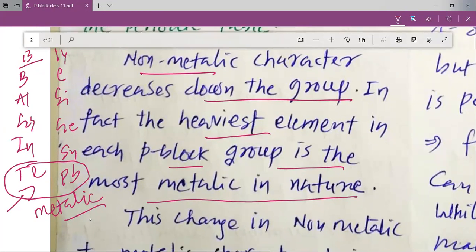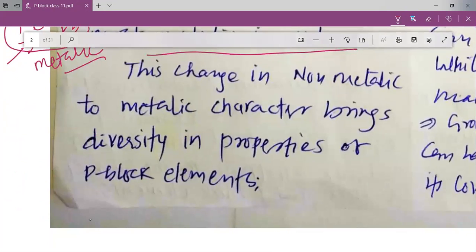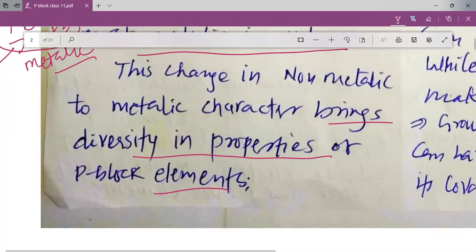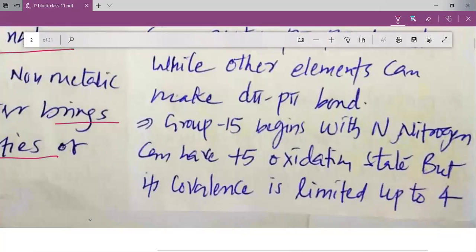Now, my dear students, the change in the non-metallic to metallic character brings diversity in the properties of the p block elements. So we see lots of variations in the properties of the p block elements going down the group. We can see this variation because when we go down the group, my dear students, the element